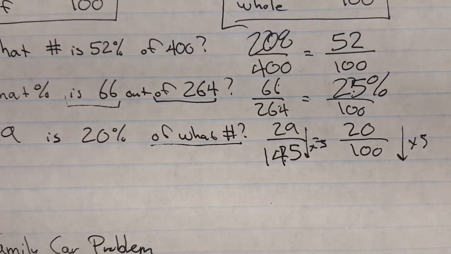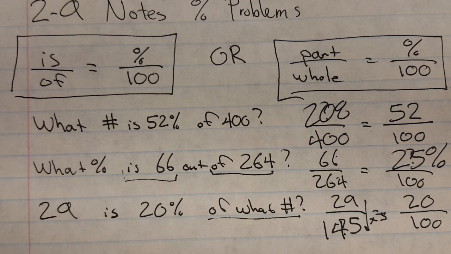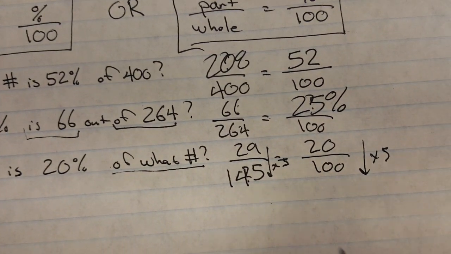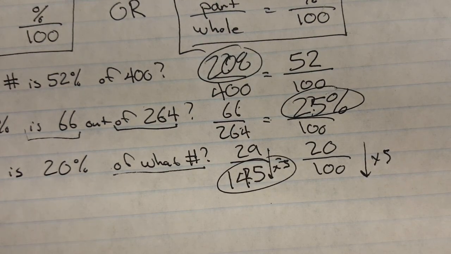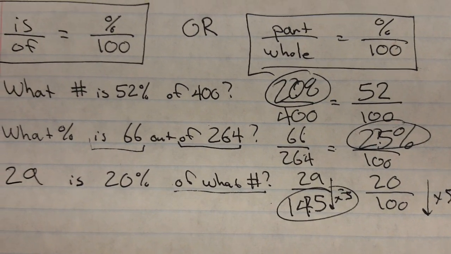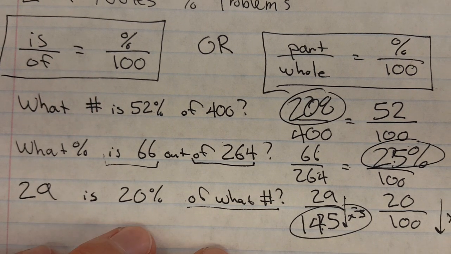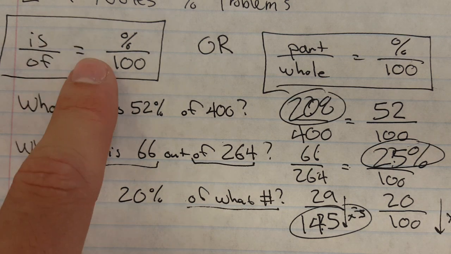So again, that's how you attack any basic percent problem. What is, of, percent, any of those combinations of questions. I try to get one of each. We were missing the is, we were missing the percent, we were missing the of. There you go. Those are the three types of flavors, right? But this thing will never fail you. There's other methods, mental math, whatever works for you. But for me, this is the best method. If you want to develop your own shortcuts, sweet. Otherwise, this one